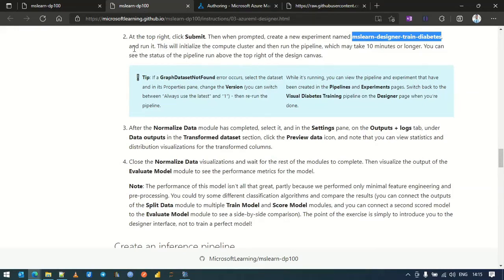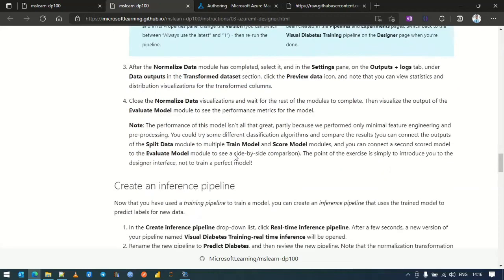Once that is done, run it and initialize the compute cluster and then run the pipeline, which may take 10 minutes or longer. You can see the status of the pipeline at the top right of the canvas. Okay, now